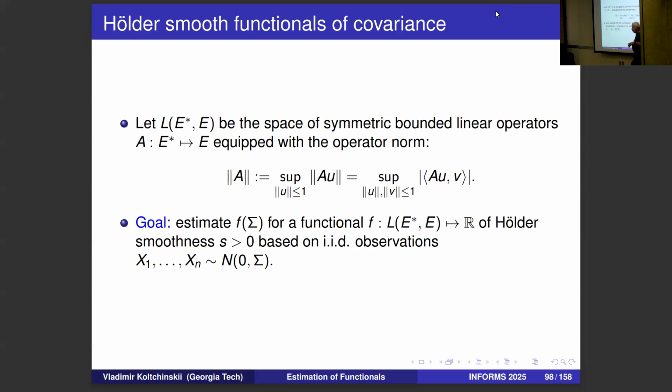This would allow us to talk about Hölder smoothness of our functionals. There is an underlying norm on this space. Functionals will be defined on this space L(E star, E), right? In terms of this norm, we can define Hölder smoothness, right? Hölder smoothness, and we want